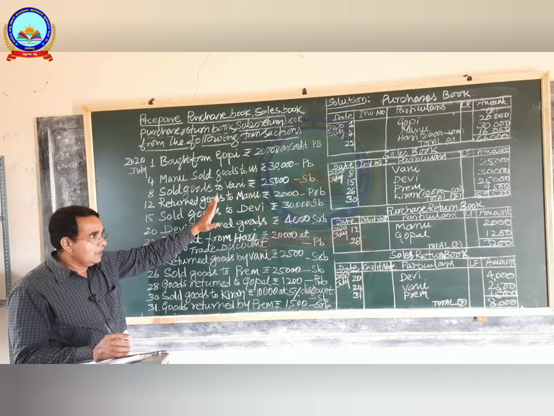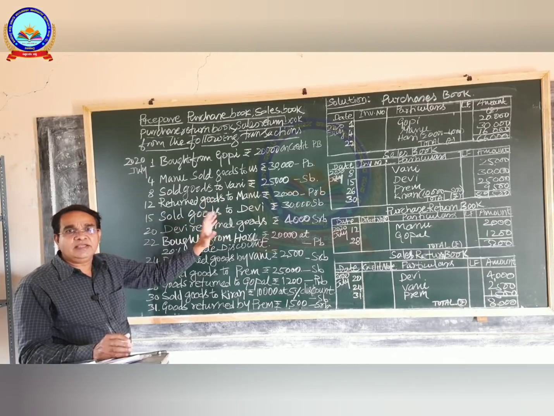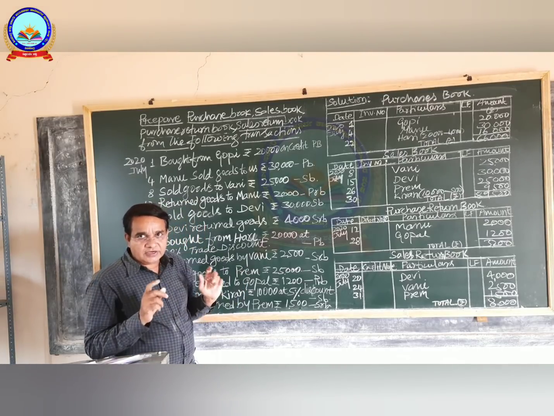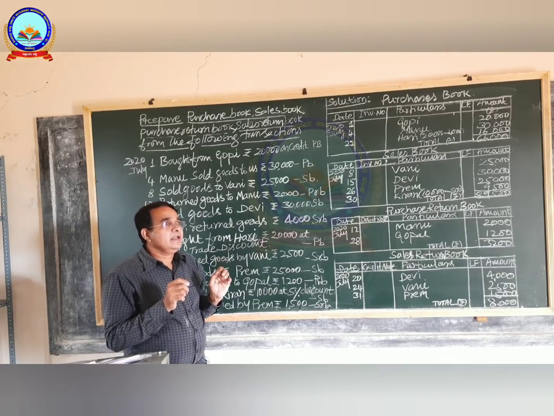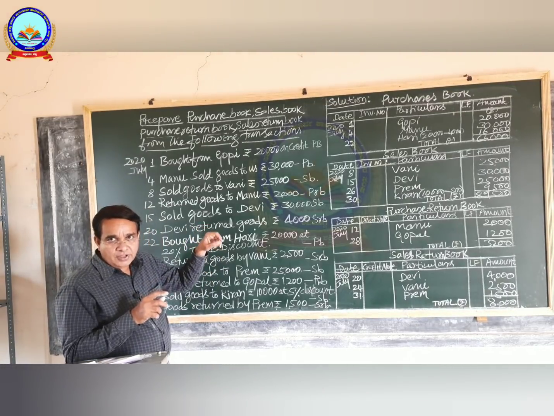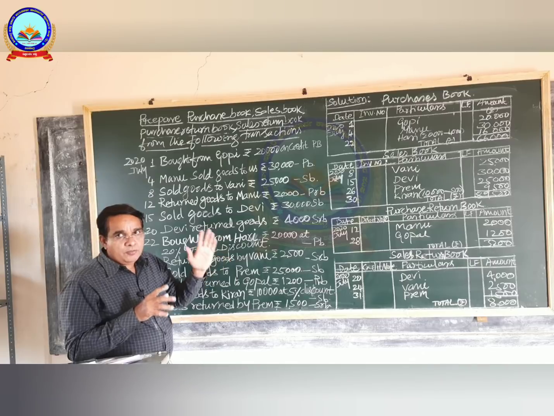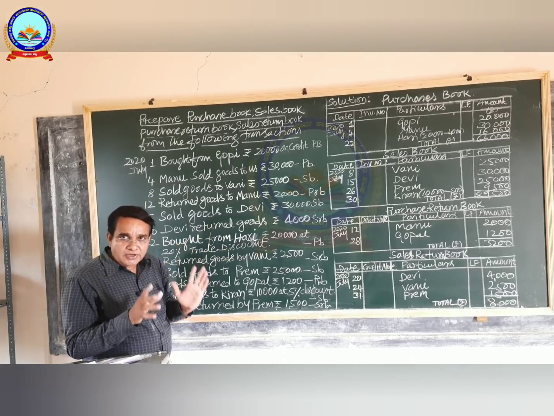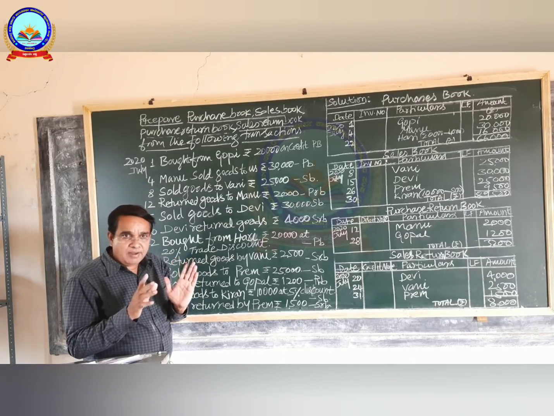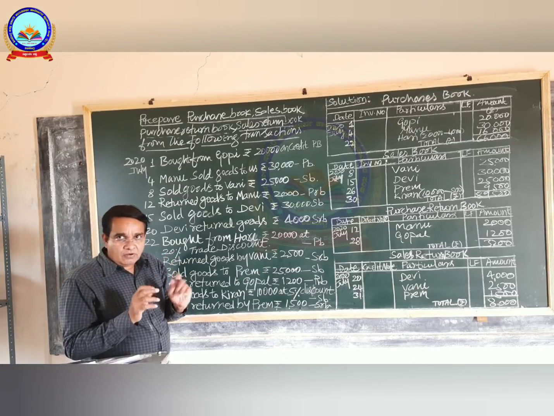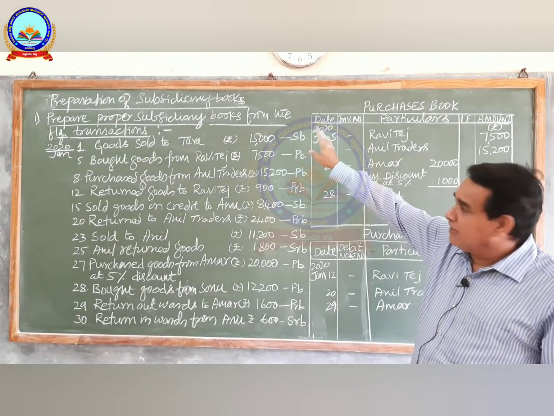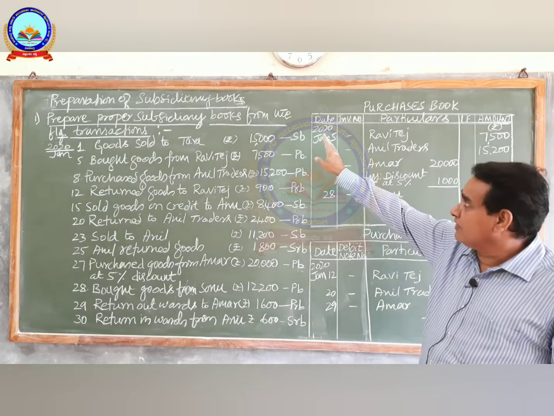Dear students, I think that this is one of the easiest topics to score in the examination. That's why you should be very cautious and give great importance to chapter number 4, recording of transactions volume 2, because this topic gives you 25 marks, or 5 marks for a practical oriented question, may be, may not be. That's all. Now we shall move on to the preparation of proper subsidiary books for a 12 marks question.